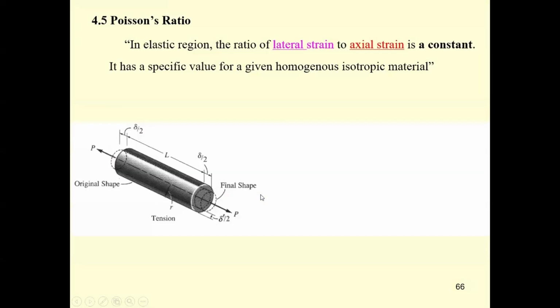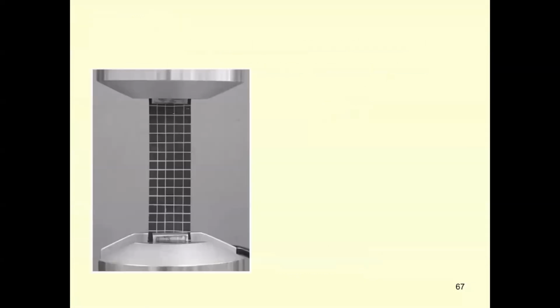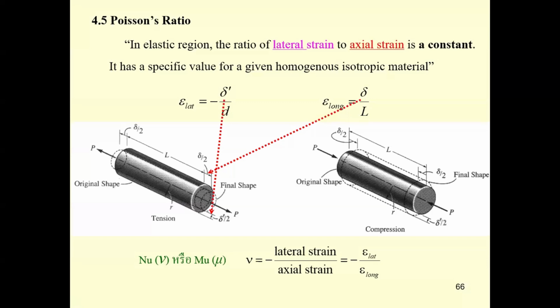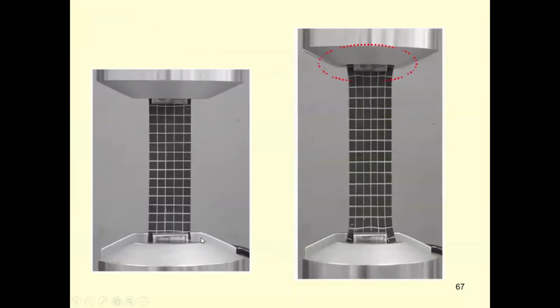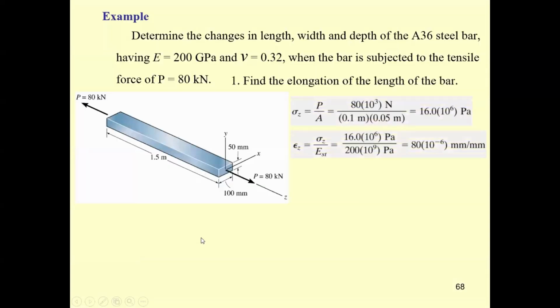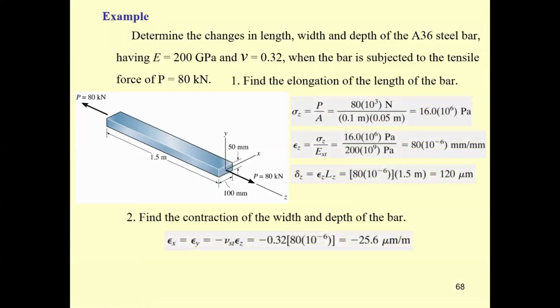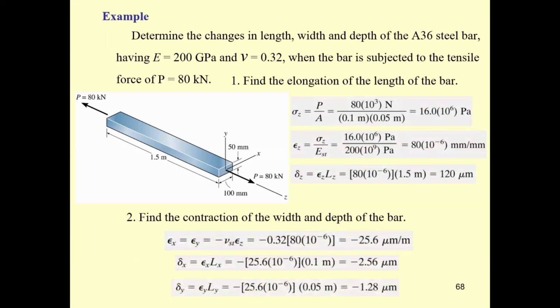Now, for the Poisson ratio, the lecturer already has the lecture over them. For rubber, the Poisson ratio will be 0.4. For steel, the Poisson ratio is about 0.3. For rock and concrete, the Poisson ratio should be 0.1. And there are some examples over here, and I would like you to do self-study for this example.